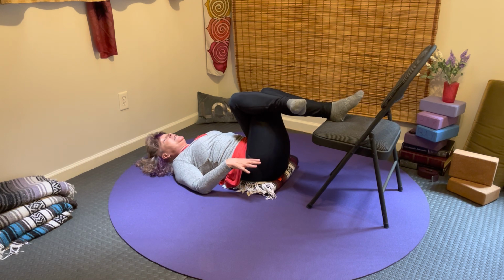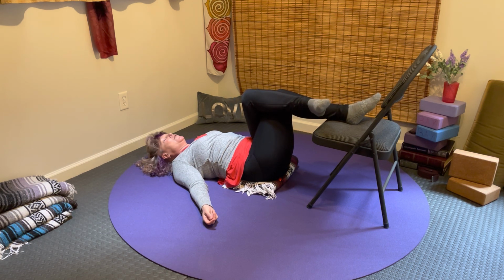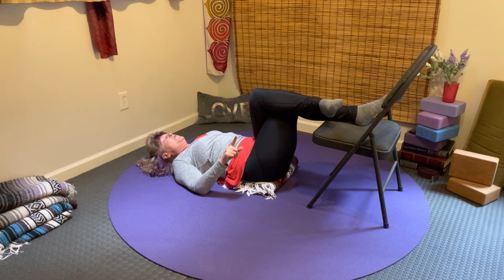Sense the hip crease, the thighs into the belly, and your comfort level here. Might be quite a bit of a squeeze on some bodies. Notice that effortless effort here. Where do you feel that? And then 2 spots back. So you gently drag the heels closer away from the belly. So closer to the back, and then 1 more,